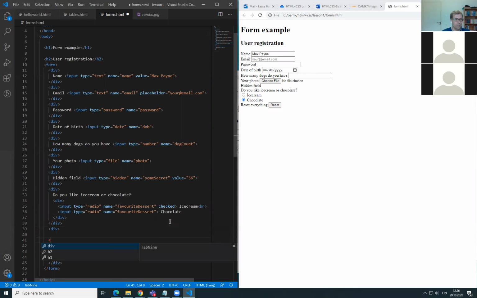So let's see, what could we ask as a multiple choice question. So, for example, pick your interests here. If you would like to have some kind of list of hobbies, I could have here input type checkbox, and then let's say here we could have football,